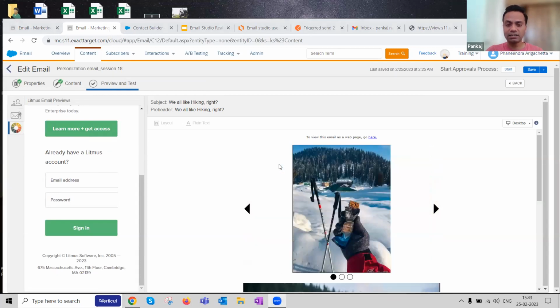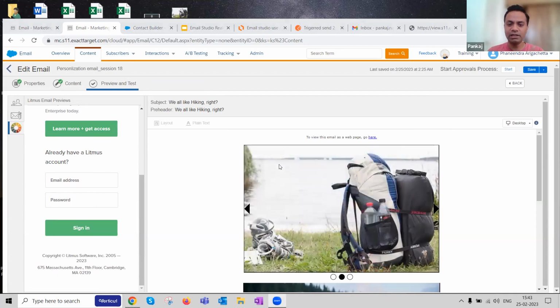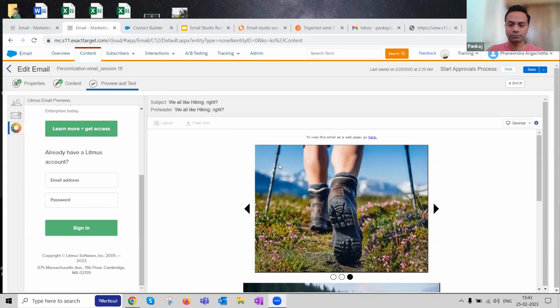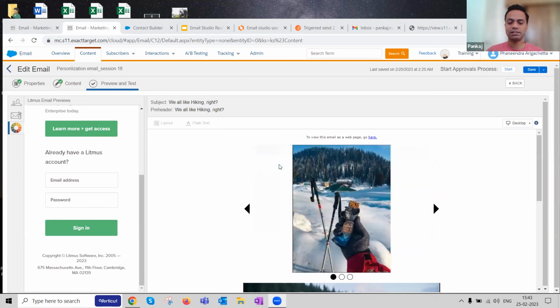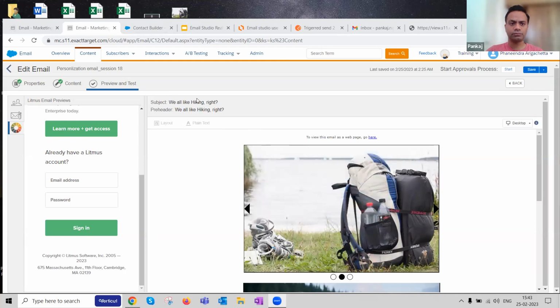Yes, Email on Acid. That's right, Kaleem. Thanks for reminding me, it went off my head. So Email on Acid and Litmus, these are two good systems which you can actually integrate and use. Don't forget to do cross-browser testing, guys. It's very imperative. And Outlook, as I said, Outlook is different. Okay, I hope I answered all the questions till now. So let me jump on to use case number 2.